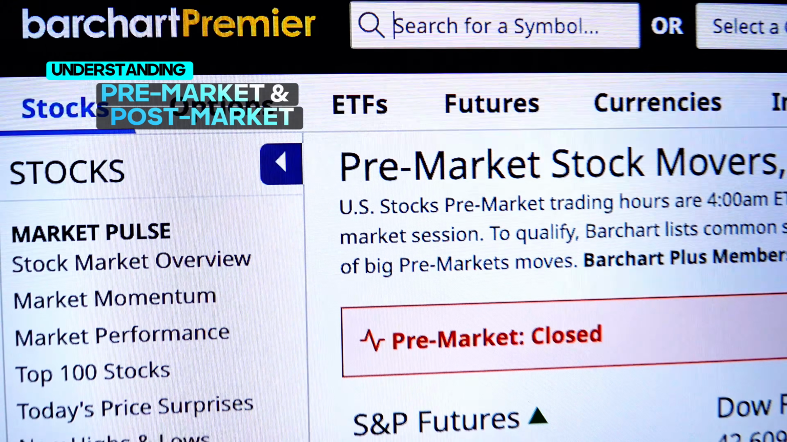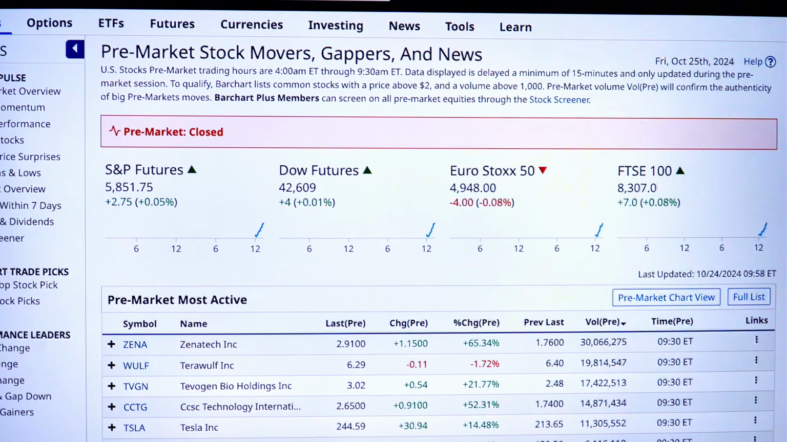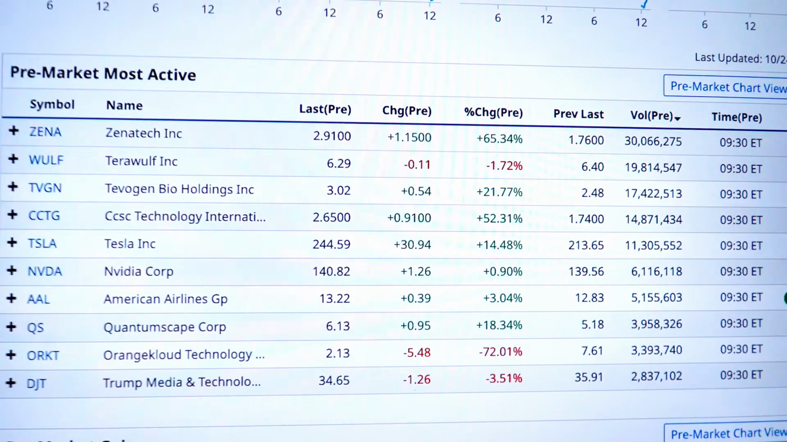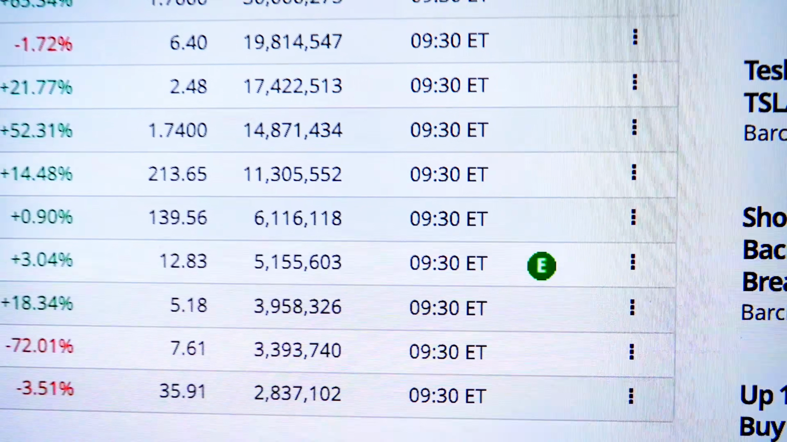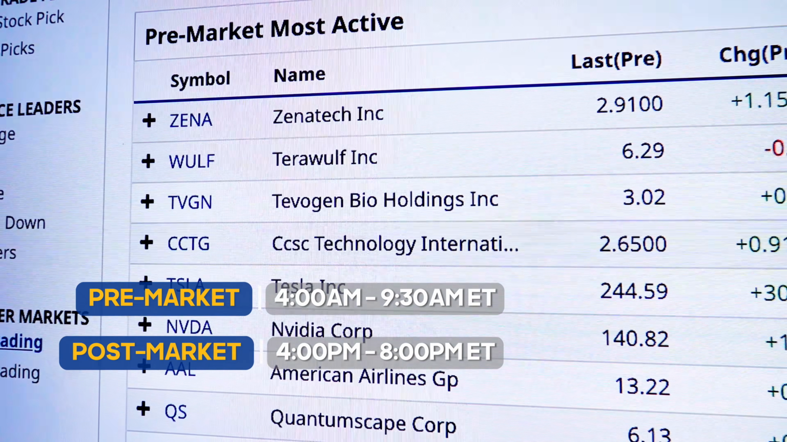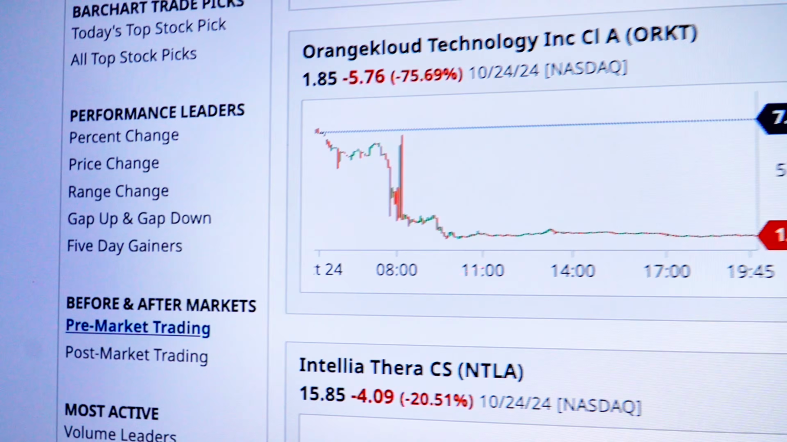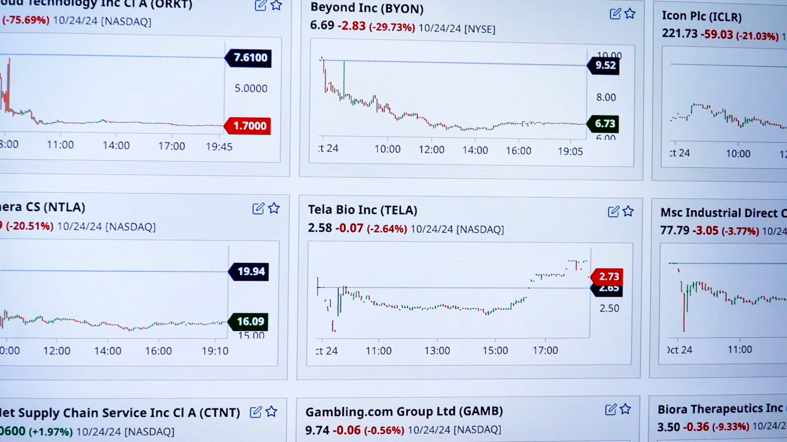To get us started, it's important for you to understand why pre-market and post-market data matters. These trading sessions provide a sneak peek into stock movement before and after the regular trading day. Whether it's earnings, news, or after-hours volatility, these sessions can be full of insights for savvy traders and investors. The amount of data and information can be overwhelming, so let's break down how to navigate these pages like a